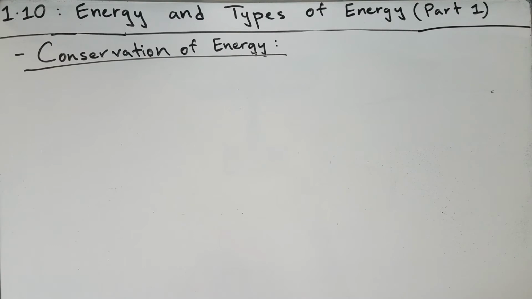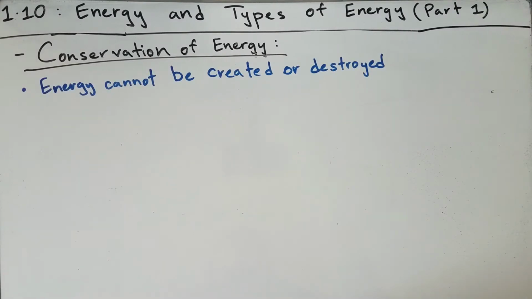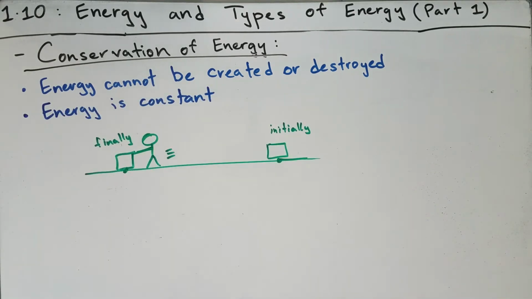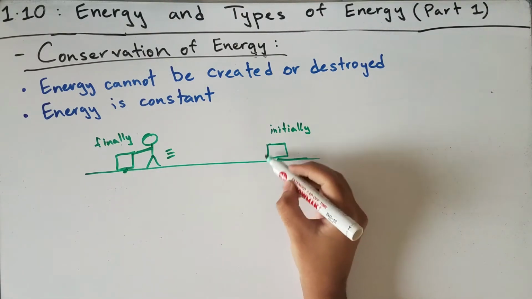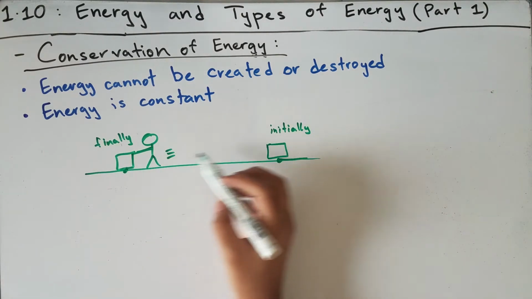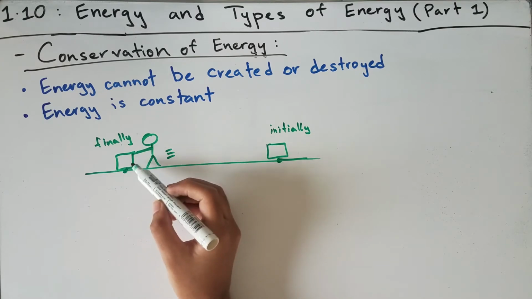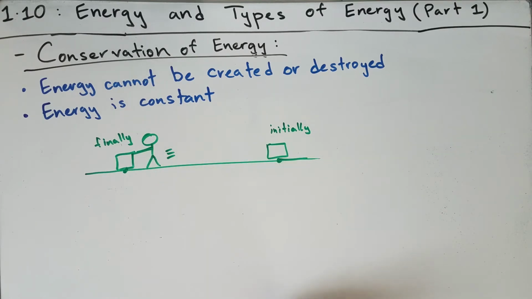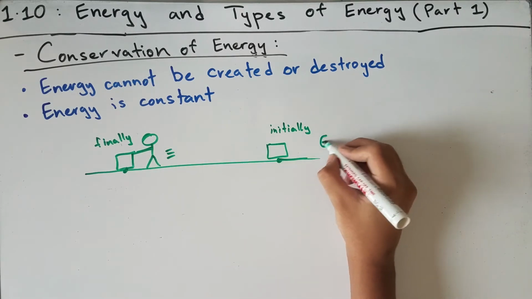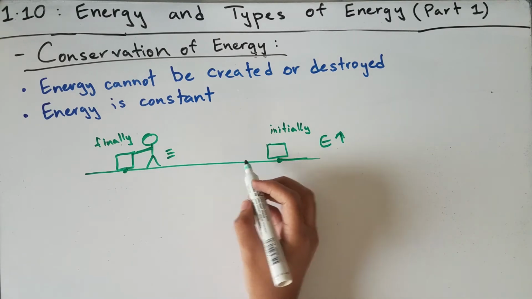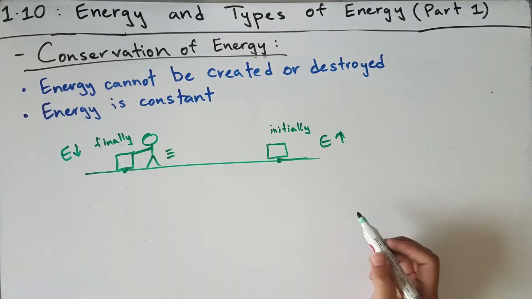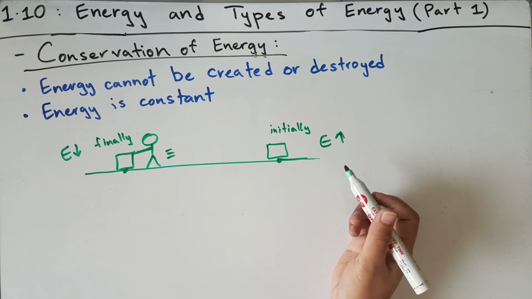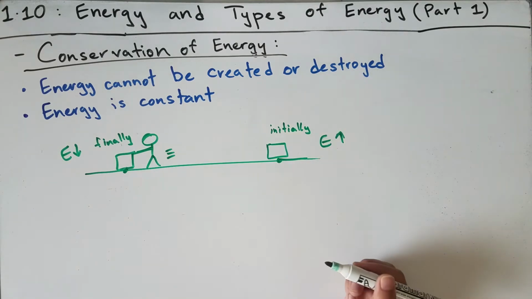Now let's talk about the conservation of energy. The law of conservation of energy says that energy cannot be created or destroyed. The energy will always be constant in a grand scenario. Let's say that you were standing at this point with this box and you decided to push it all the way towards here. And this is where you end up finally. We think that in real life we would have more energy over here, but then when we push it, we'd end up with less energy over here. And we think that the energy has been used or it has been destroyed, but that's not the case.